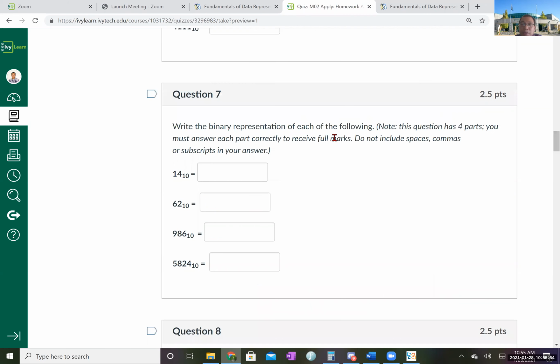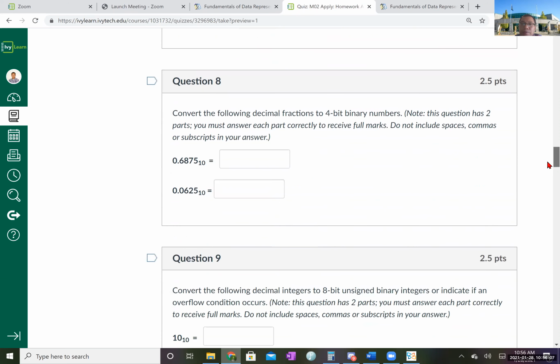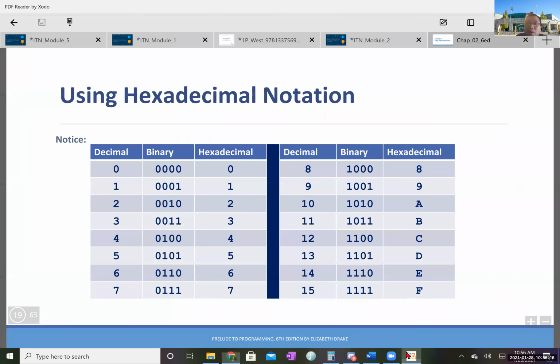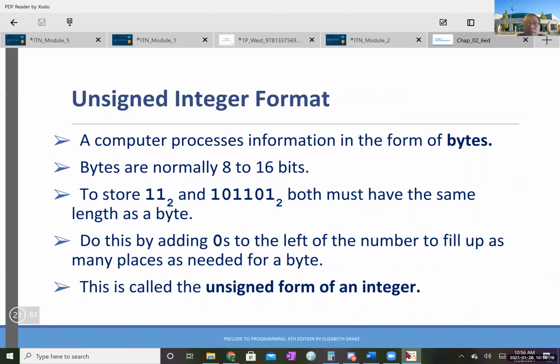Write the binary representation of each of the following. Okay, convert from decimal to binary. Question 8. Okay, that's the thing, right? You have to convert the decimal fraction here. And if you remember what we did with the decimal fraction,